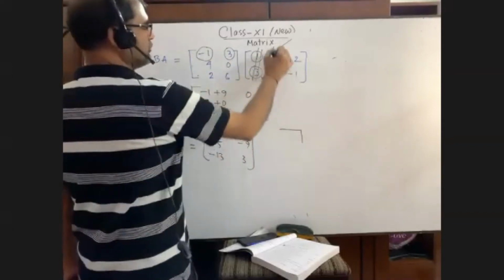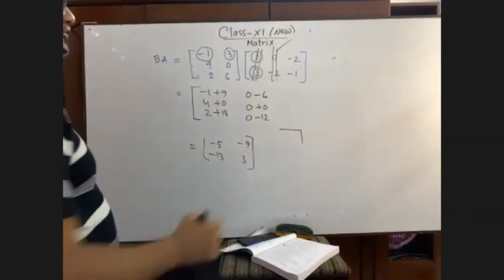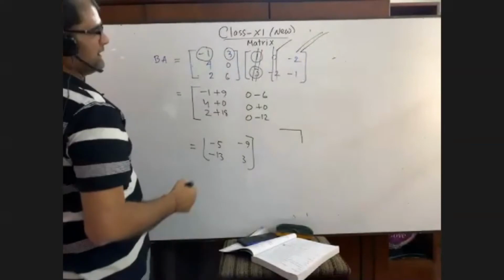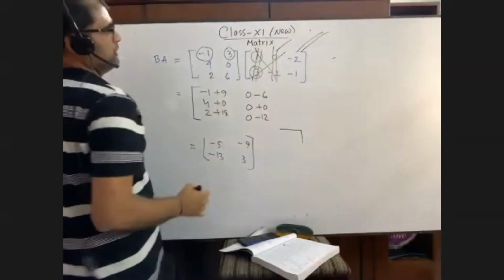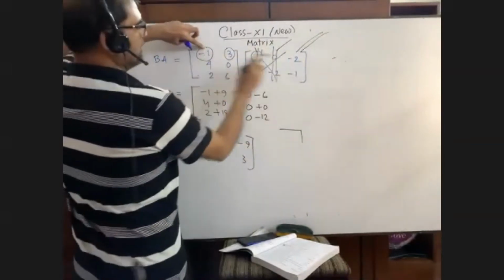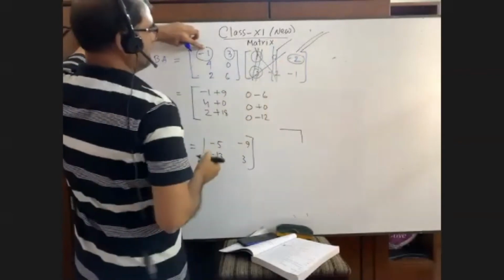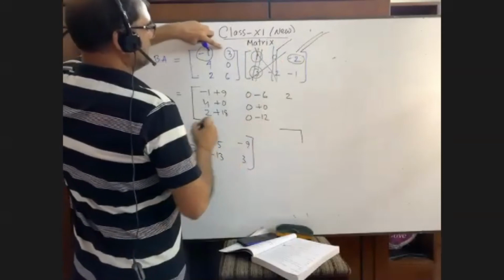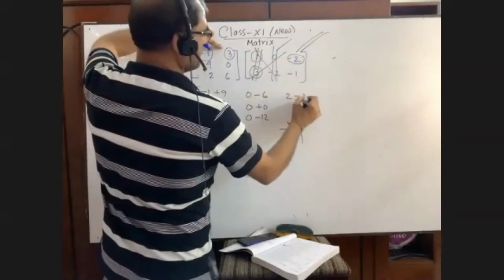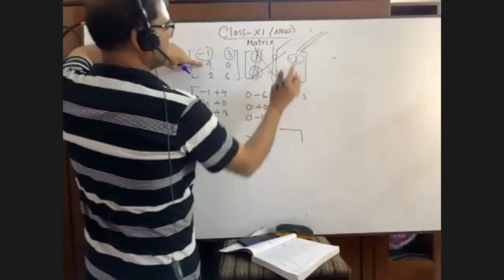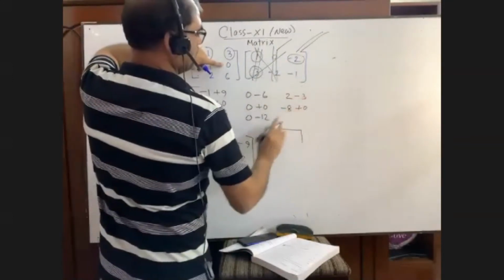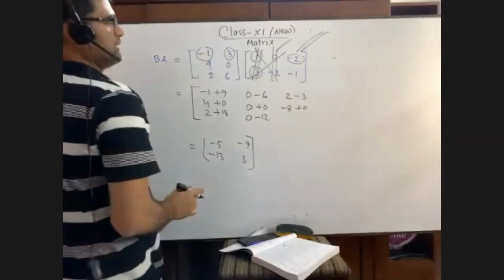Now, suppose it is not given, go to the last column of the matrix A. Last column in the same way. So what will you do? Minus 1 into minus 2 equals to what? Plus 2. Okay. Then 3 into minus 1, that is minus 3. 4 into minus 2, that is minus 8. 0 into minus 1, that is plus 0. Better not to give a minus sign before 0.